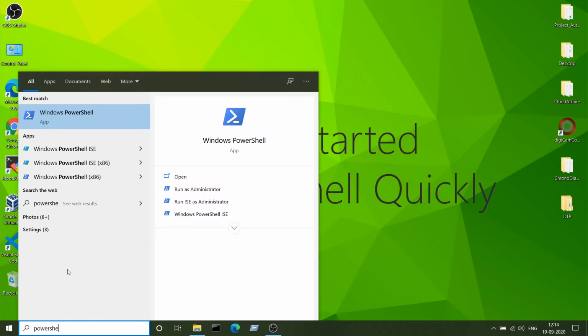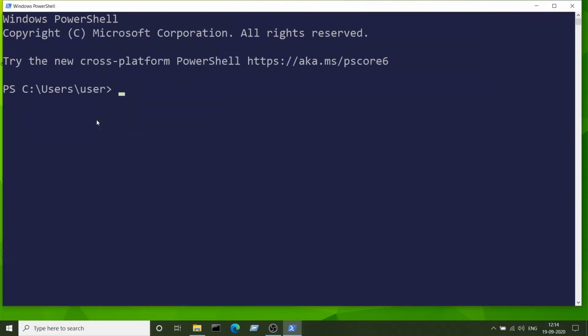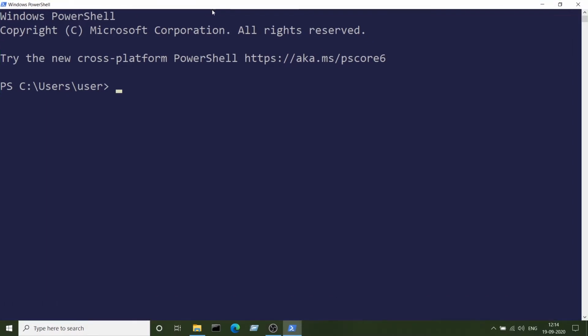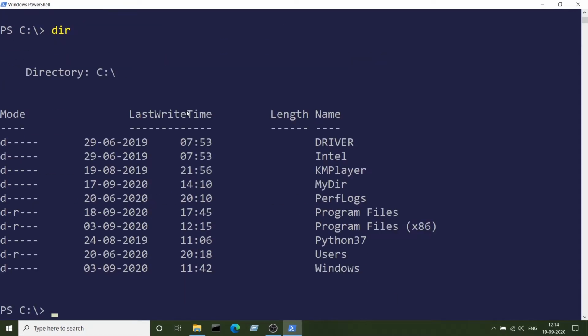Open a new PowerShell session. PowerShell supports all the existing DOS commands, hence commands like dir, cd or pwd will still work. To navigate directory, you can use cd command. Let us navigate to C drive. To get the current working directory, you can use pwd command. To get the contents of current directory, you can use dir or Get-ChildItem commandlet.